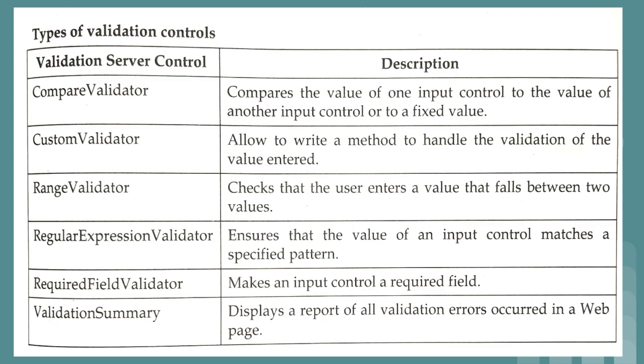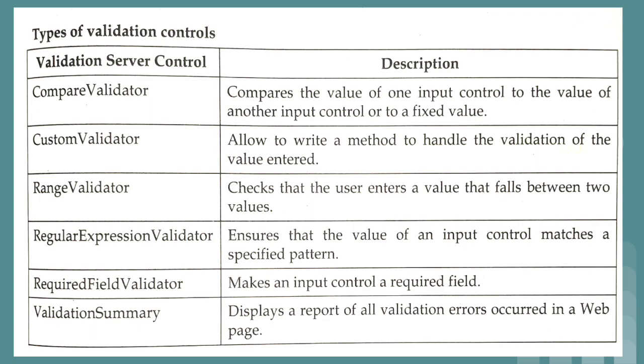Next one is regular expression validator. The best example to use this particular type of validator control is whenever we want to take email ID from the user. So there is a specific format for taking the email ID, like abc@gmail.com. If you want to check that, so that the user should not be able to enter any wrong value, then in that case you can make use of regular expression validator. Or whenever you want input in a specific format, for that also we can make use of regular expression validator.